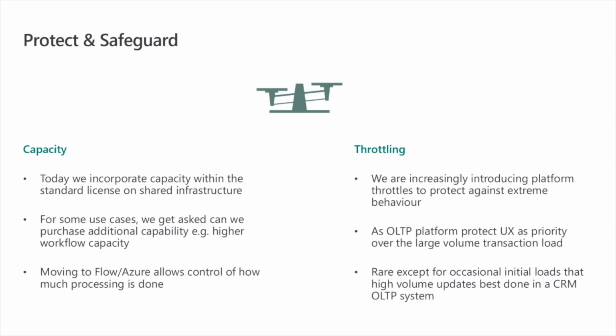We need to understand that the Dynamics or the CDS Power Apps platform is an OLTP platform which is optimized for real-time transactions, for the users to interact with it and really get quick responses. It is not something that's designed to do a lot of heavy computations or complex calculations in real time. And I think that's where some of these throttle limits will actually help reinforce that behavior, that we are building things in a way that is suitable for the users and the way it should be on an OLTP platform,